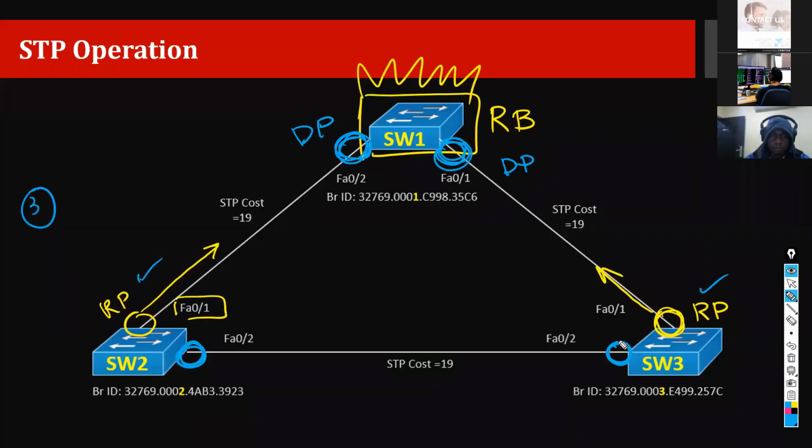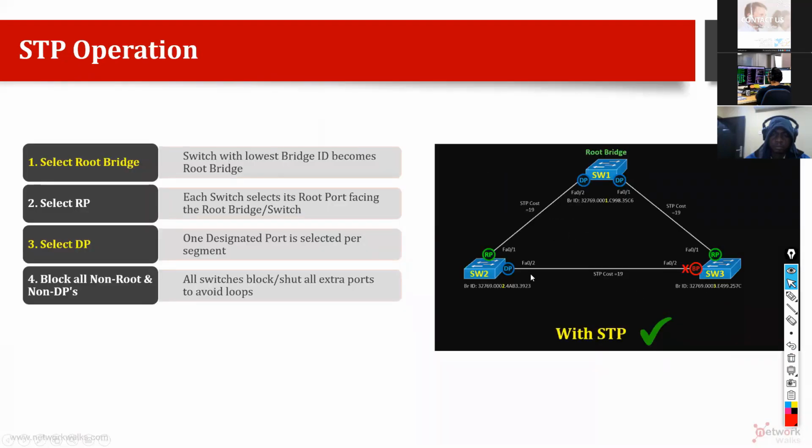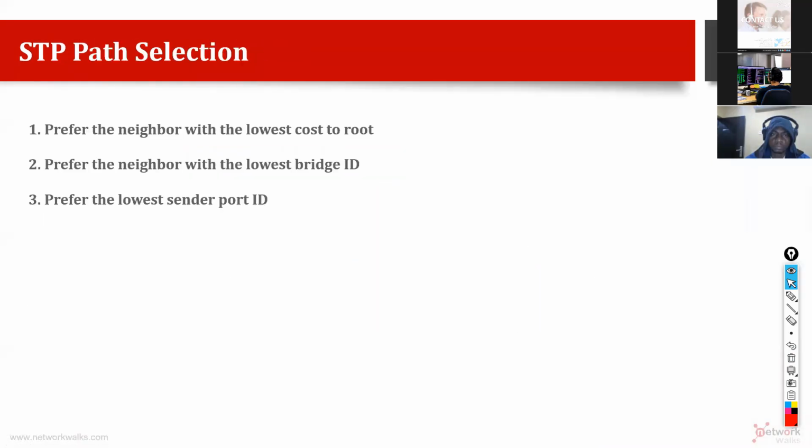Actually, this is the same example. Maybe we will take another example after this. So out of this one, we already saw the example because this one has the lowest bridge ID, because all other digits are same. You can see 32769002, everything is same. Only this 2 is different. So this one also becomes designated port, right? This one. So what is the last step? Just block everything else. So that is the BP, means blocked port. So it's very simple example, right? These are all the steps actually which we have to do in STP.